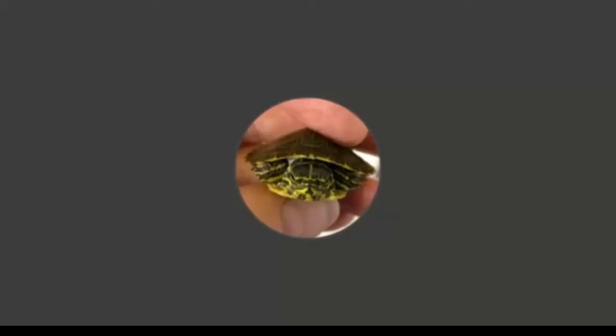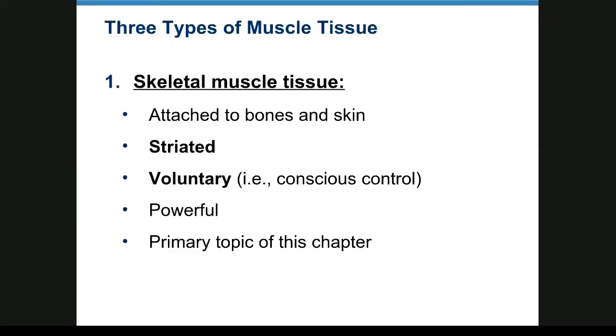Okay, Chapter 9 is on muscle physiology. First we're going to review the types of muscle. Skeletal muscle is your voluntary muscle. It is attached to bones or skin. It's striated, very powerful, and most of what we're going to talk about is going to be skeletal muscle in